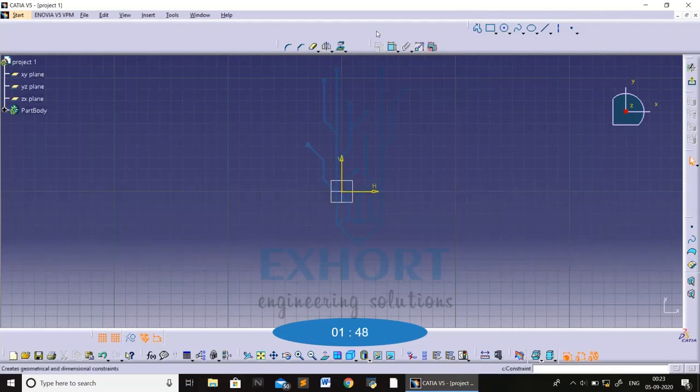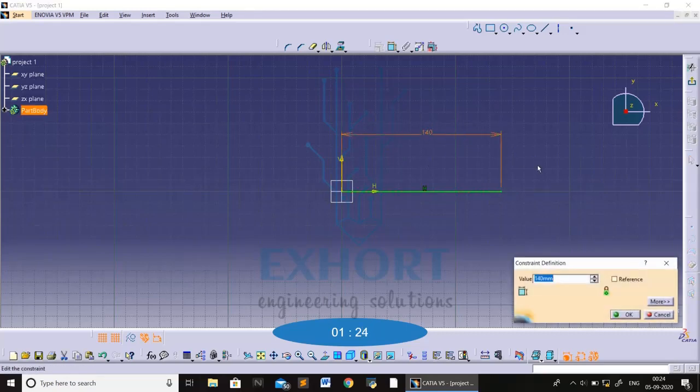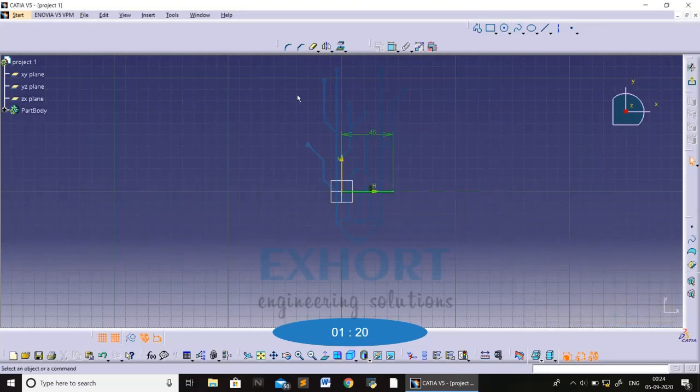The third toolbar is the constraint toolbar, which means if you use constraint, then you will give dimension to your object. For example, I will show you. If I draw a line and I want to give a dimension or some parameter to it, then I click Constraint and click the line. After that the dimension will appear. To change the dimension, just double click on it, give your suitable dimension and press Enter.